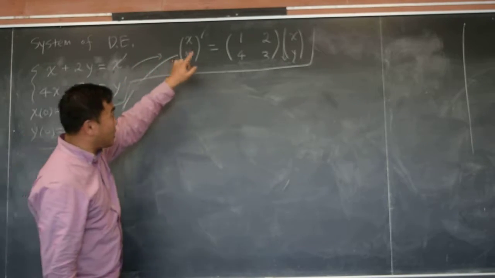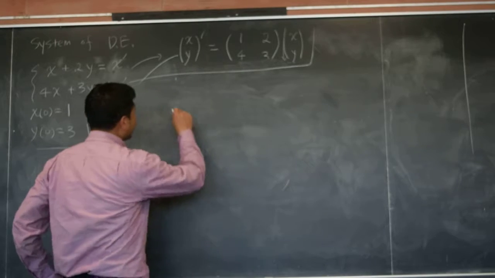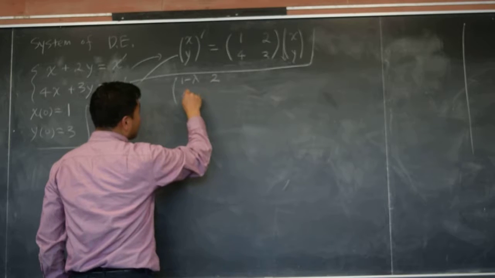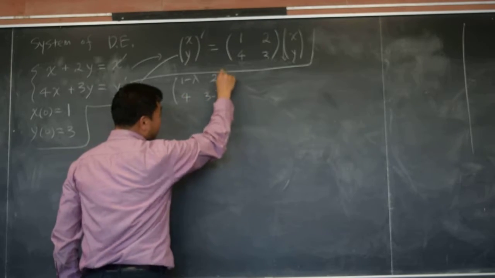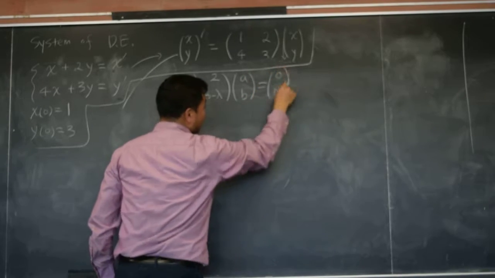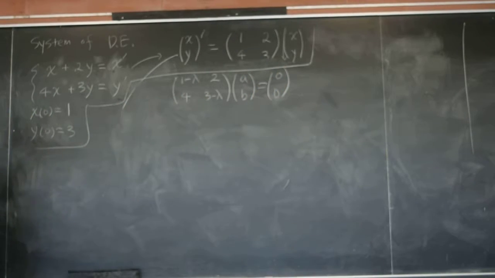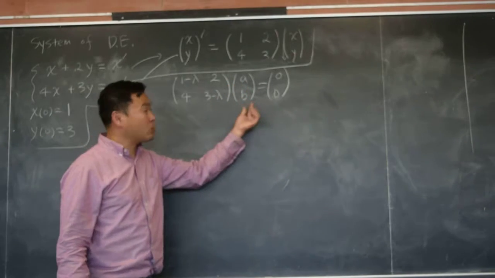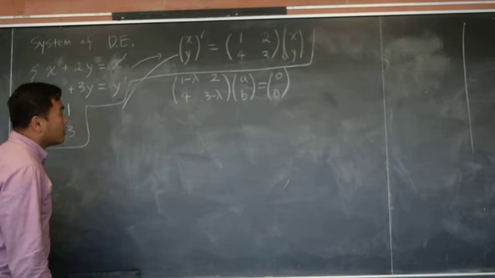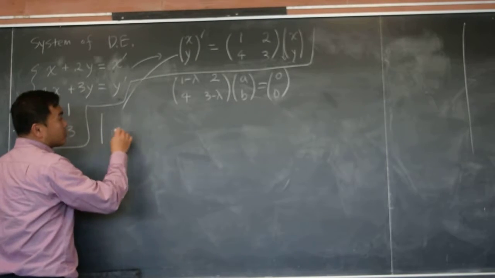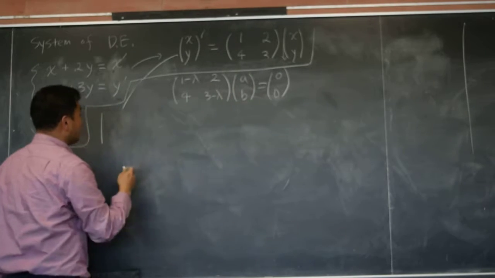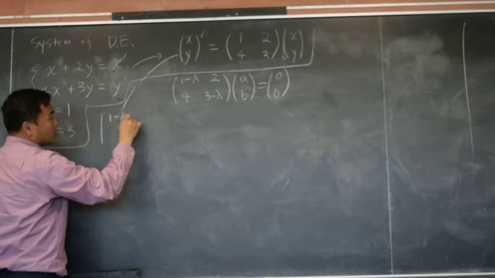You will immediately write it in the matrix form, and then you're going to write down the matrix obtained by subtracting lambda off the diagonal, and write down this equation for the eigenvectors. A comma B is called the eigenvector, and lambda is called the eigenvalue. And you're going to say that the condition for such an equation to have a non-trivial solution A, B is that the determinant